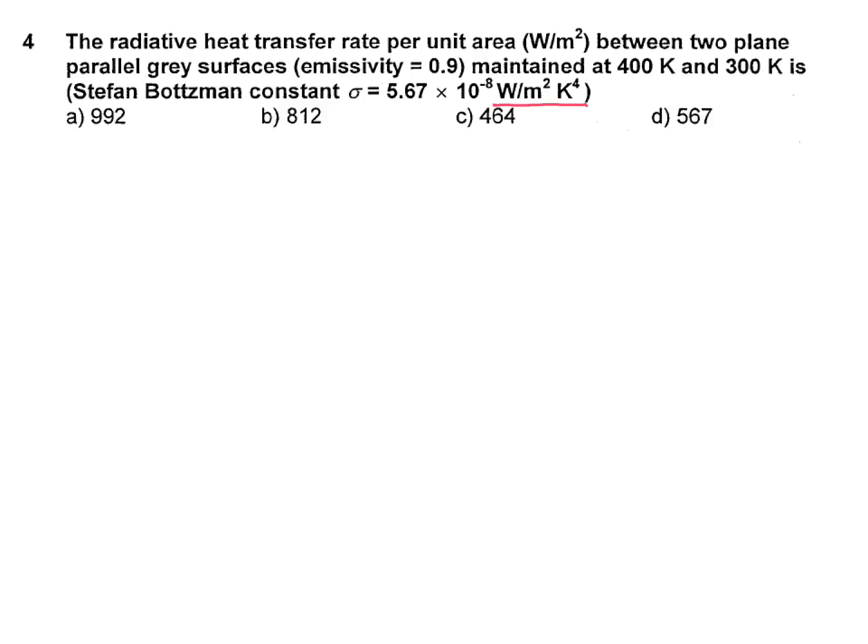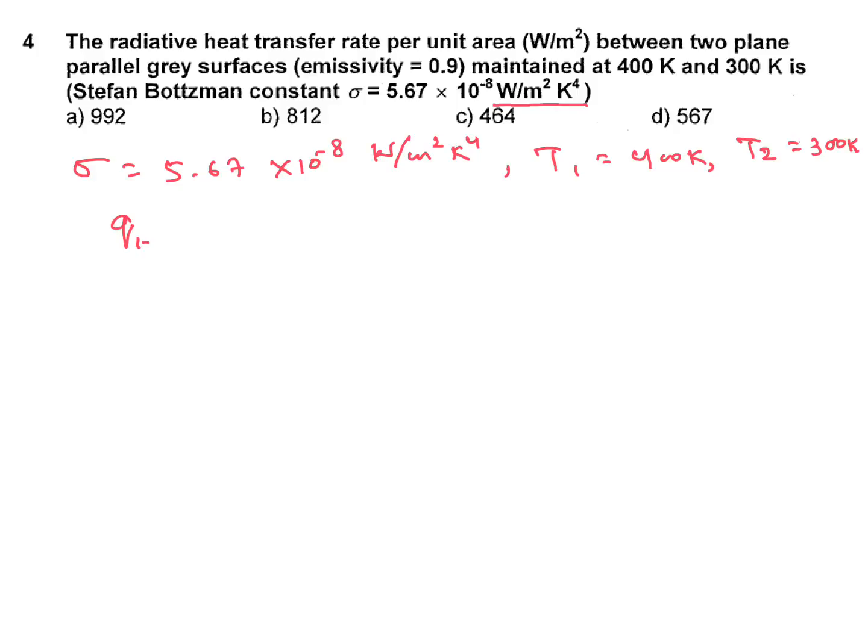Here, data given: sigma is 5.67 into 10 power minus 8 watt per meter square Kelvin to the power 4. T1 is 400 Kelvin, T2 is 300 Kelvin. They asked Q1 to 2. Emissivity, both are 0.9. Q12 is